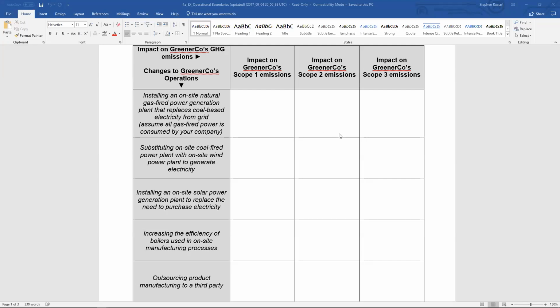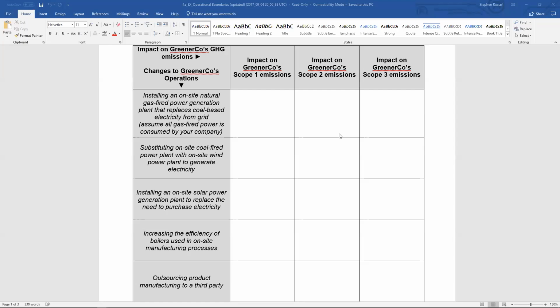Turning to the second case, here a company substitutes an on-site coal-fired power plant with an on-site wind power plant to generate electricity. And again, I'm going to assume that the plant was constructed by a third party. Here, Scope 1 emissions would decrease because there's less stationary combustion at Scope 1 sources. There is no impact on Scope 2,